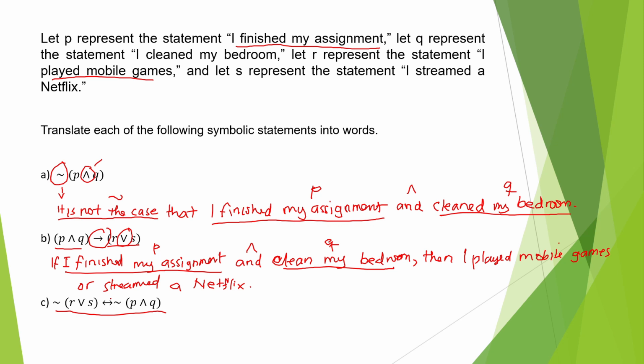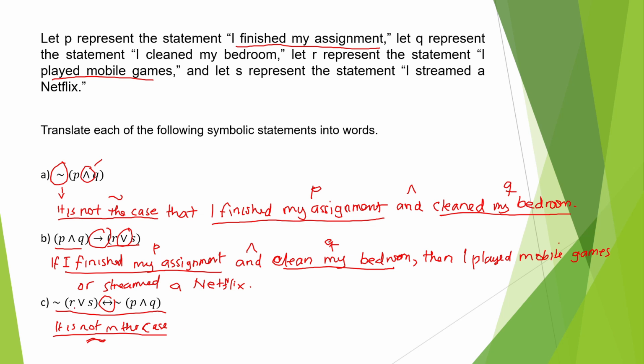First, this one is biconditional, if and only if. Okay, so we can translate this as possible. A translation of the statement is: it is not in the case.